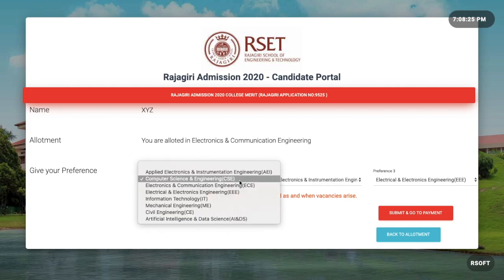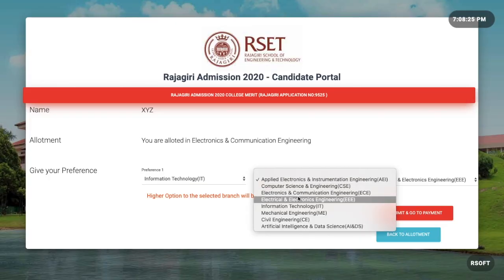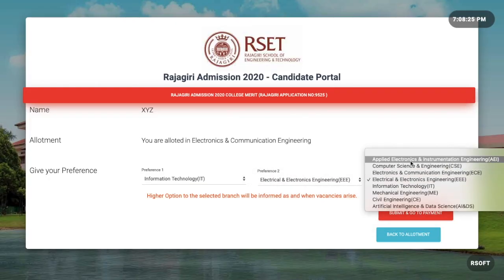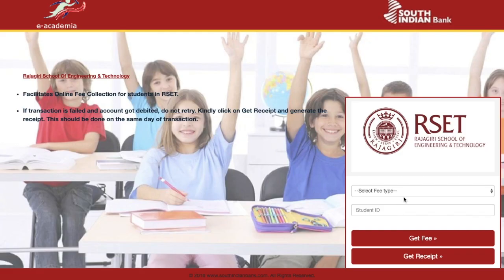You can choose any branch. Now you can go to submit and go to payment. You will go to the same screen that you have seen earlier. Once you pay the fee, then only your provisional allotment will be confirmed. So pay the fee as soon as possible.